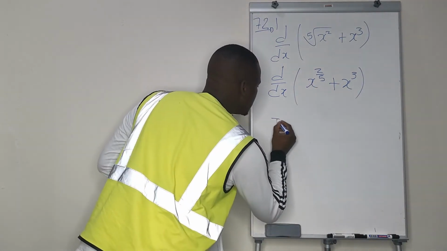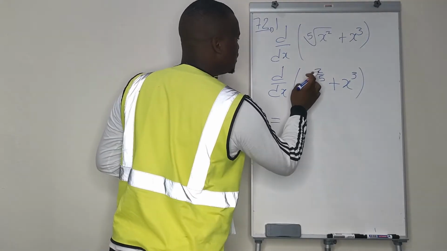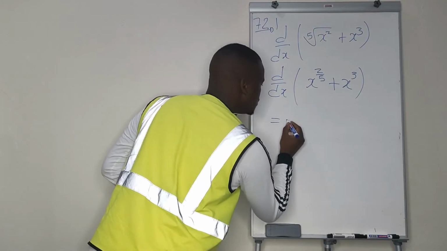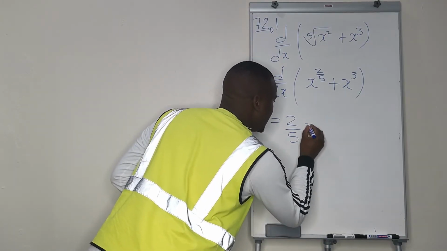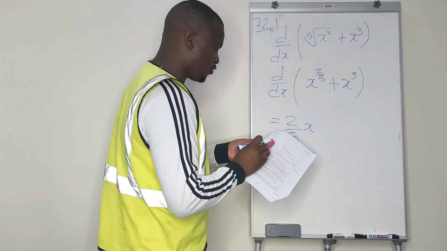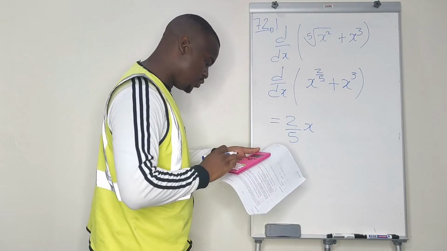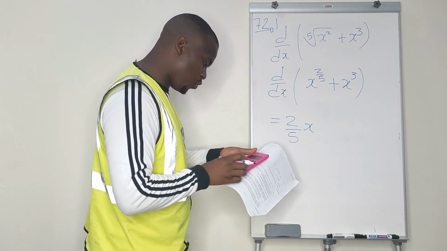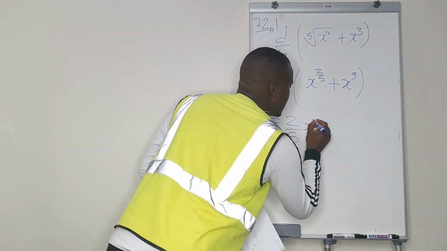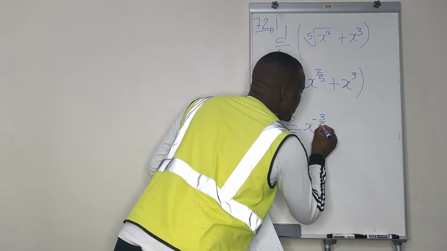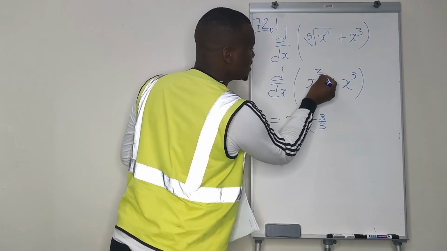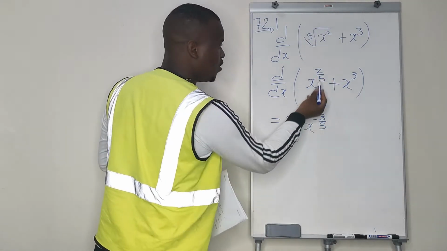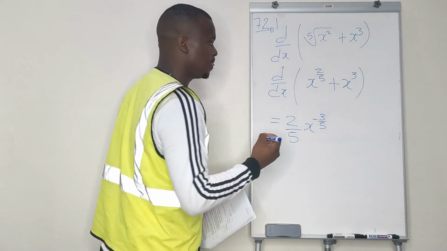Say, equal to 2, so it's 2 over 5 times x, so it's 2/5 x. Then you subtract 1 from 2 over 5, so 2 over 5 minus 1, that is minus 3 over 5. So it's your exponent times x, then you subtract 1 on your exponent, you have that,